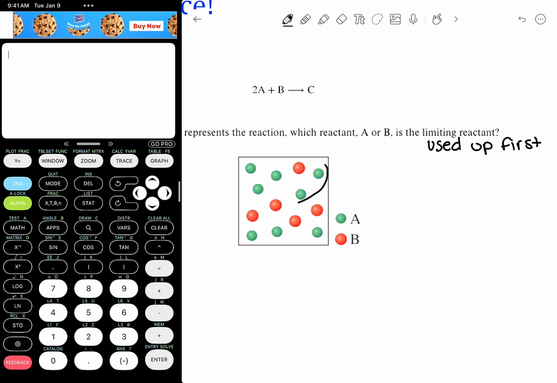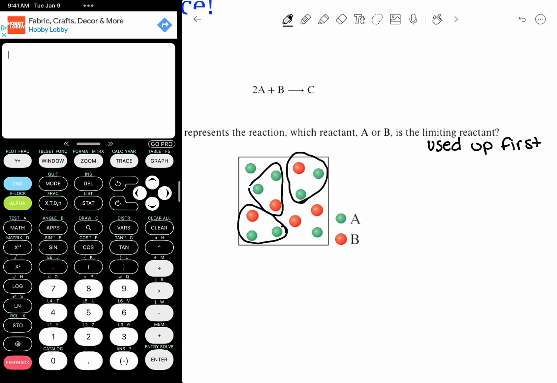So I have 2A's with a B, 2A's with a B, 2A's with a B, and then I have an A with a B. So I can make 1, 2, 3, 4 C's from all of the A's and B's that I have, and